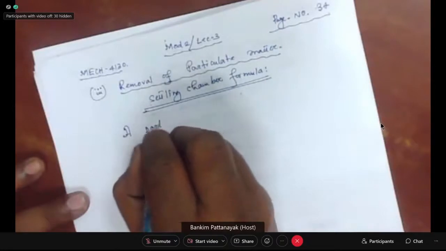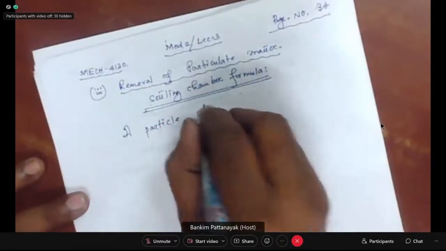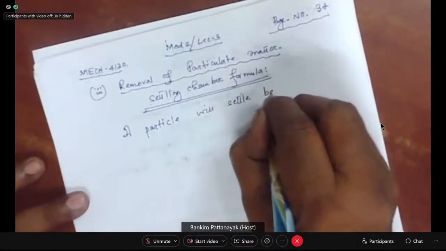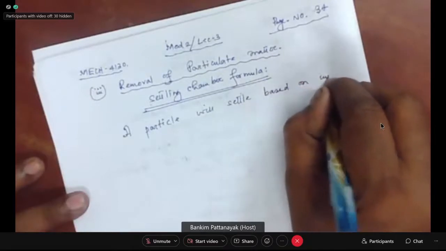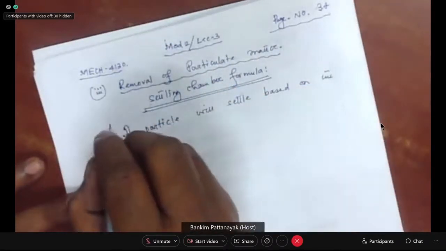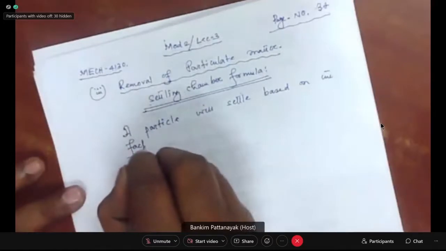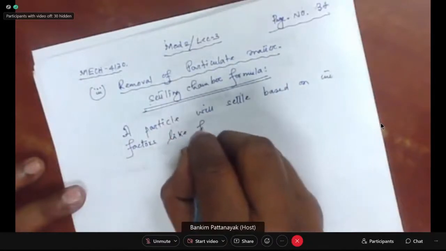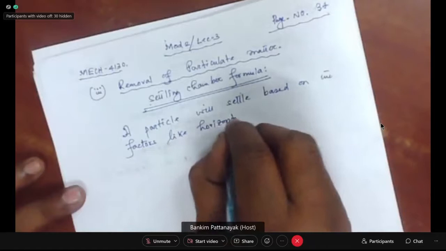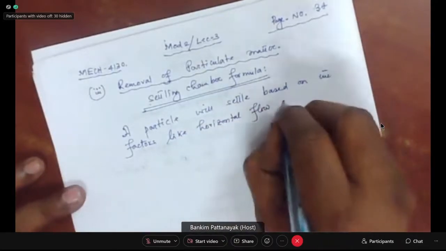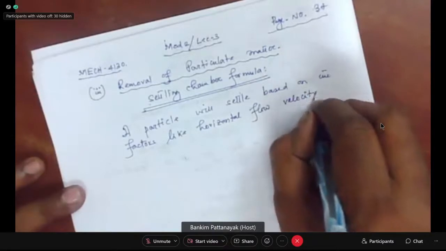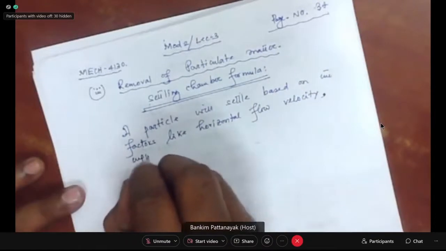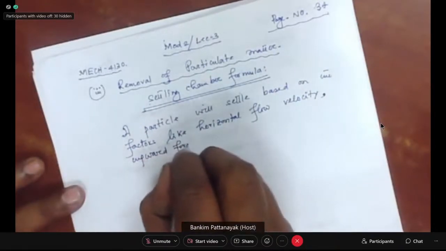A particle will settle based on factors like horizontal flow velocity, upward forces,